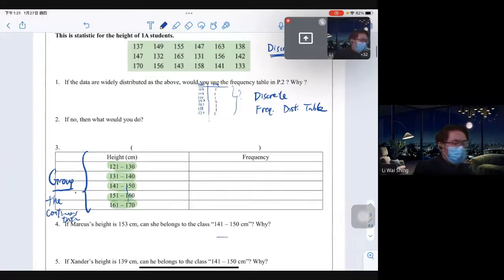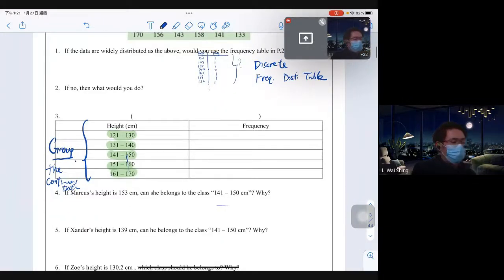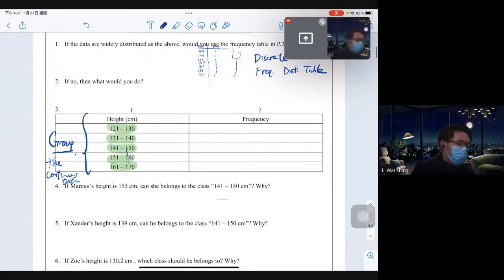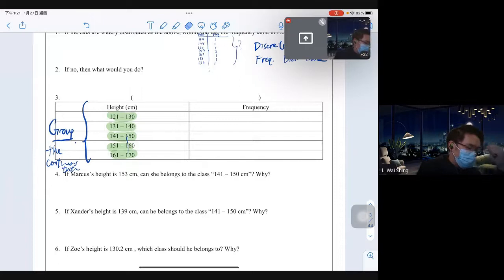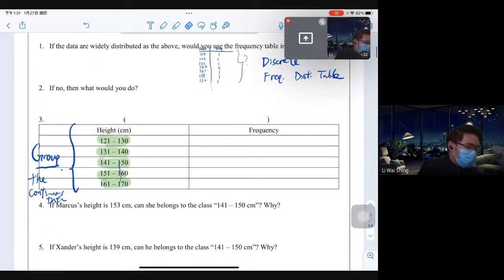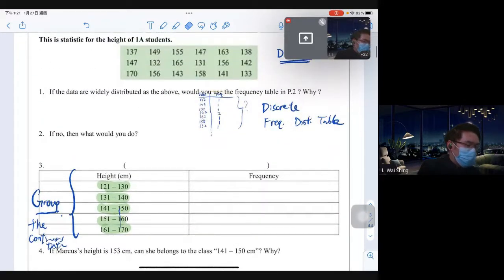Then, could you help me to finish this table? For sure. So for 121 to 130, let's draw it. 121 to 130, how many? Is it 0? Yeah, it should be 0. 131 to 140, so 1, 2, 3,